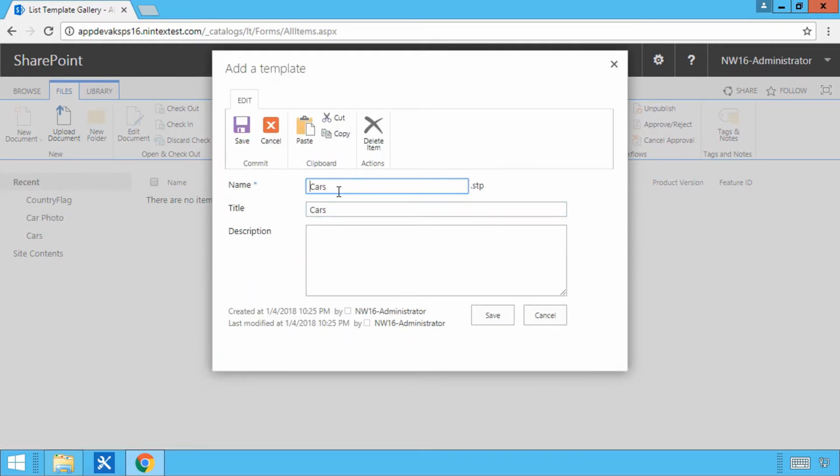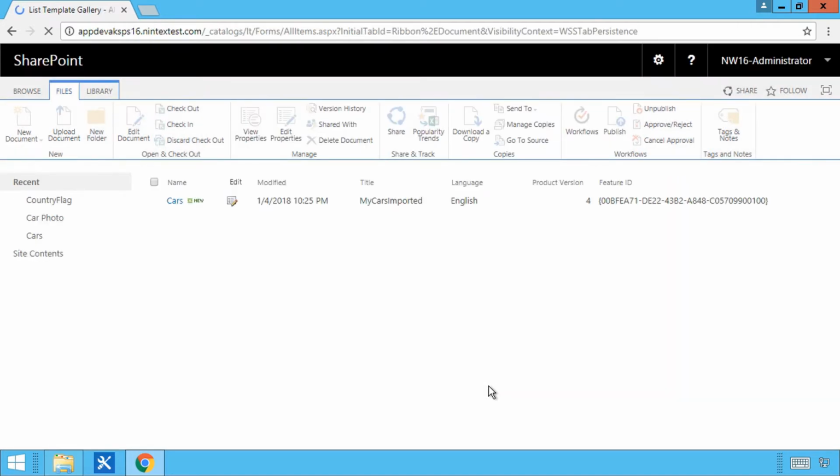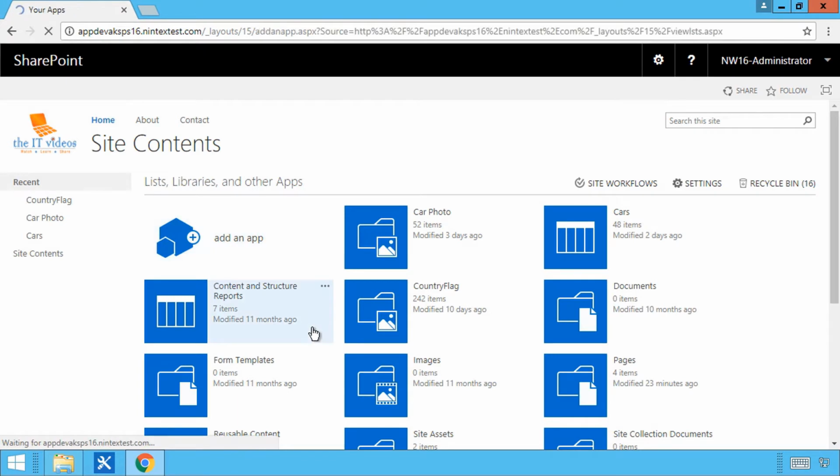And I can give it any name. I can give the title, let's say cars imported. So that's the title of the list, and I'm going to just click on save, and that list with the title my cars imported has been uploaded. Now what I can do is simply go to the site content, click on add an app,